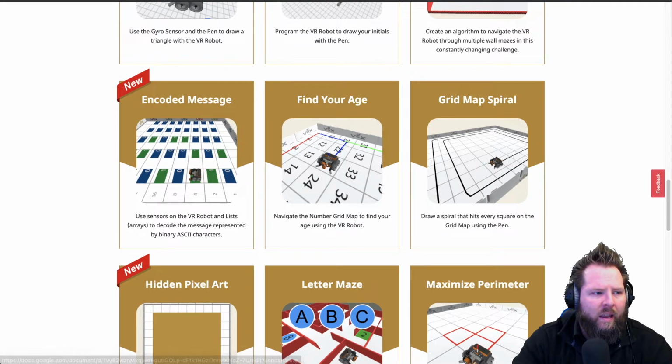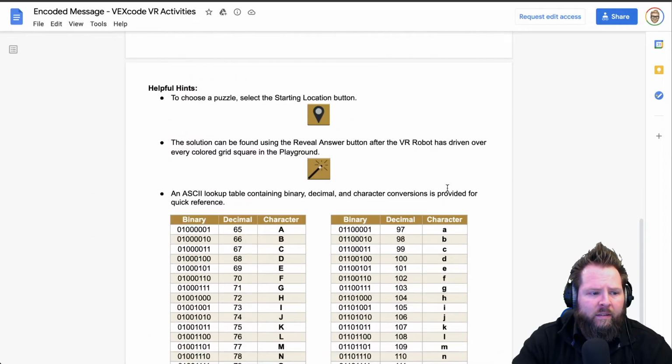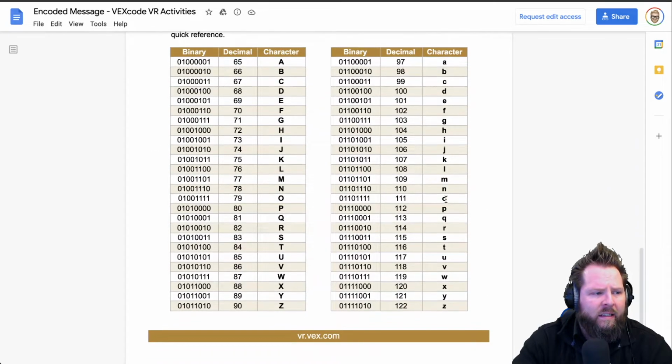activity. And then if you click on that one, it will bring you to this document right here. And you just scroll down and there's the ASCII binary and decimal table for you. So we can see that number 88, or excuse me, 86 is a capital V. All right, so it's doing the addition for us,